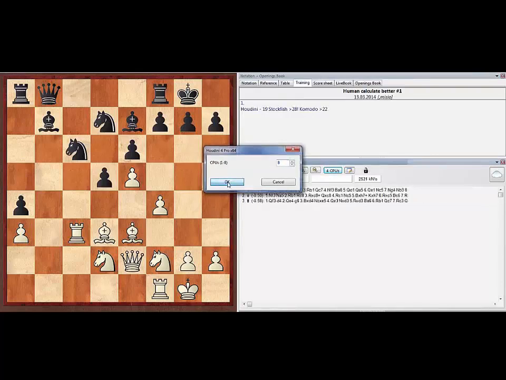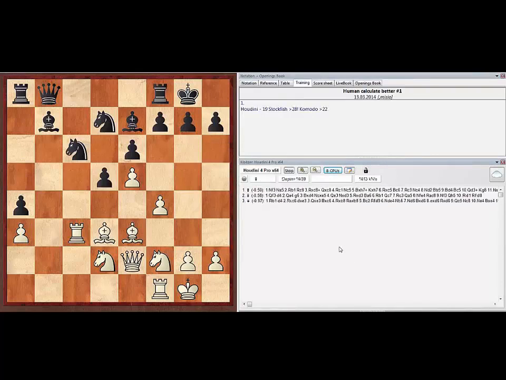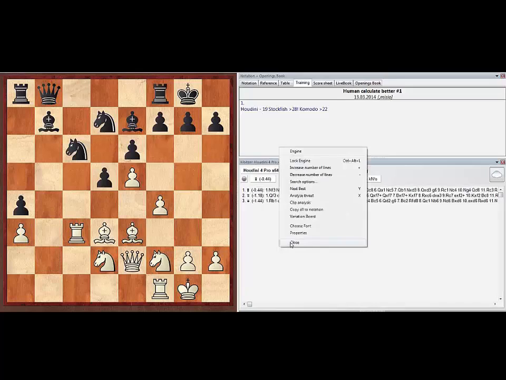And the last but not the least, I think Houdini found h7 rather quickly, but all the engines either take too much time to find it or they don't find it at all. Houdini found bishop h7 at depth 19, though you can maybe check it on your own computer when you have